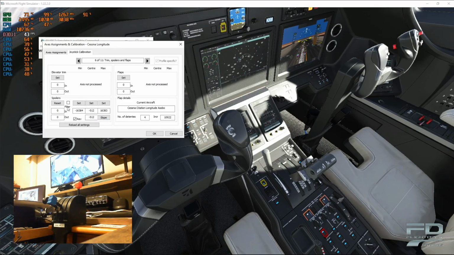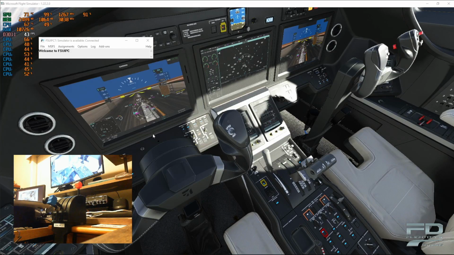So spoilers, I did the same thing. Reset, cycle the throttle or the axis, and set it at 0, and then set it again at 100%. And the only thing I did different was I reversed it. So that way, as you'll see down here and over here, it kind of operates the same way. It's not necessary, that's just personal taste. And like I told you,